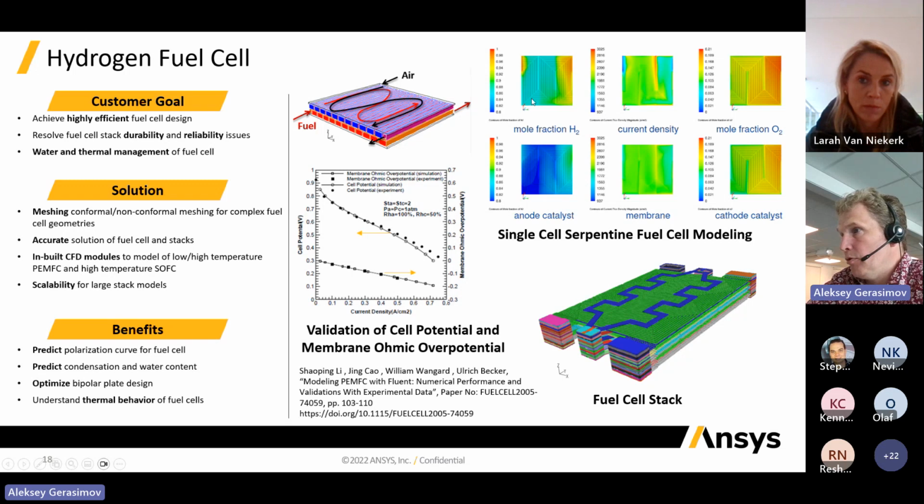So if we look at it, this is a typical example that shows us what happens with the mole fraction of hydrogen across different channels, where it's higher, where it's lower. So ideally, we would like to make it as uniform as possible. It's not an easy task, but most importantly, we would like to avoid areas of